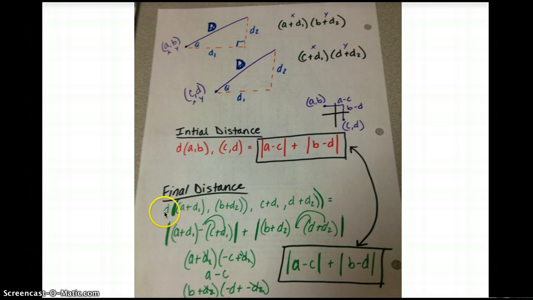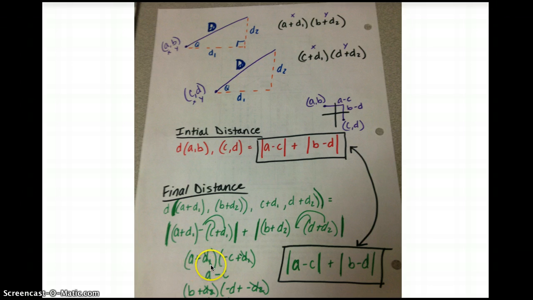we do A plus D1, B plus D2, C plus D1, and D plus D2. And then we put them into an equation together where we put the x-axes together and the y-axes together, so we get A plus D1 minus C plus D1 plus B plus D2 minus D plus D2. And then what we do is we distribute the subtraction to the next part of the equation,